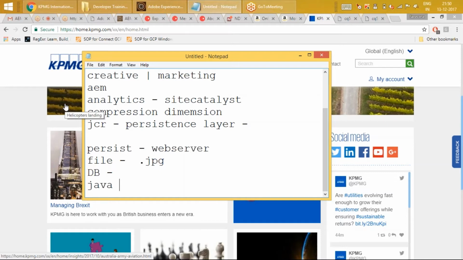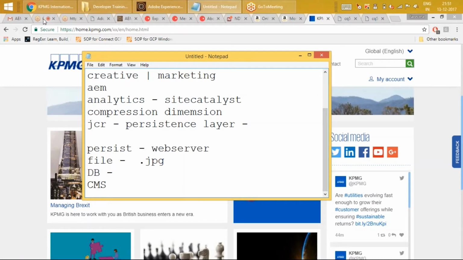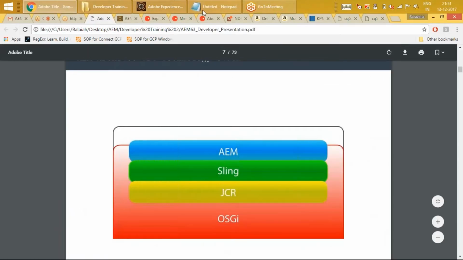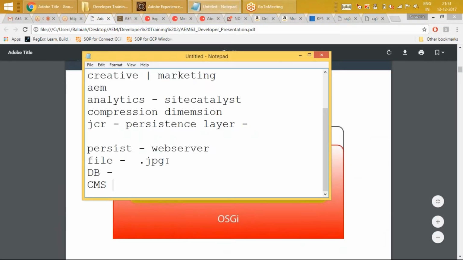Java came up with a new requirement. Okay, so not Java. It's not Java. It's the CMS driving this requirement. So these technologies that I'm talking about, right? Right now I'm talking about JCR. These technology layers have nothing to do with Adobe.